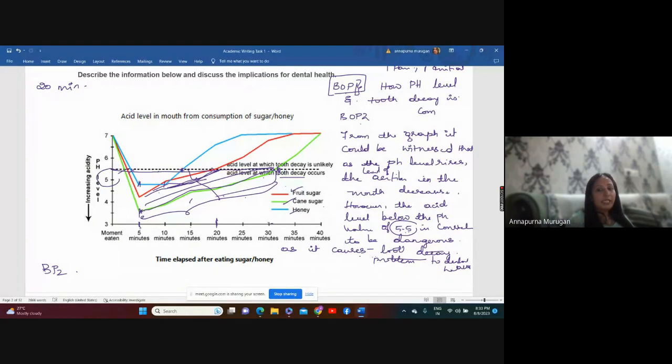Why? Because decay is again a health issue. Okay, you can use phrases like that. That means you understood, right? How did I cover up my first body paragraph? I covered it up with generalized information. That means this is also very important: under which it is causing tooth decay, above which it is not harmful. So that is very important.